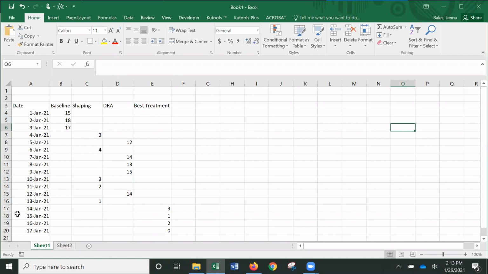I am using dates for this. You might be doing it with sessions. So if that's the case, you would just relabel this column to sessions and enter your session numbers here. And then each different treatment is going to be listed into a different column. And then the data for that specific treatment is listed to the corresponding date or session number that it was